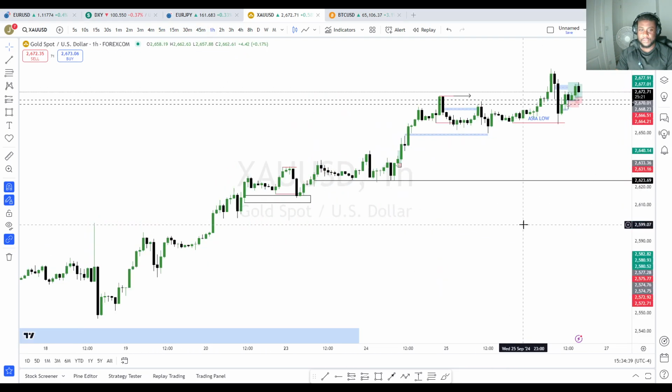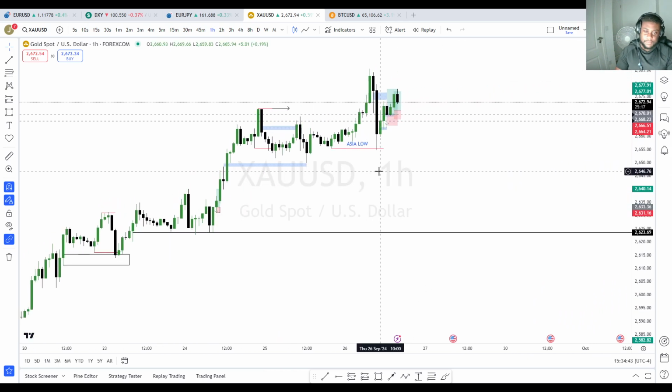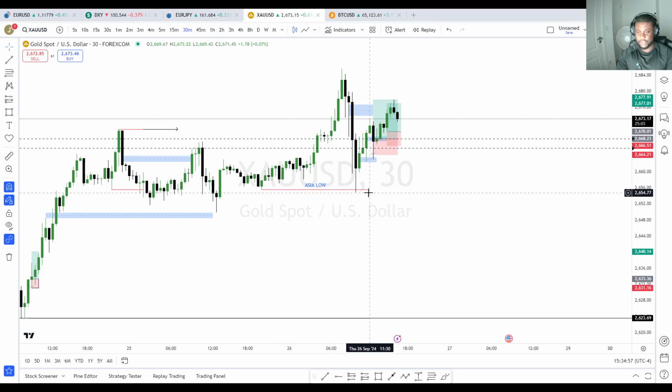So, for gold, we did have a drop, right? I'd say around New York session today, we had a quite aggressive drop. Now, I noticed with the downside of this wick, where did price stop, right? Price came to the Asia low, okay? Once it went down to the Asia low, we actually saw price start to retrace and pull back.